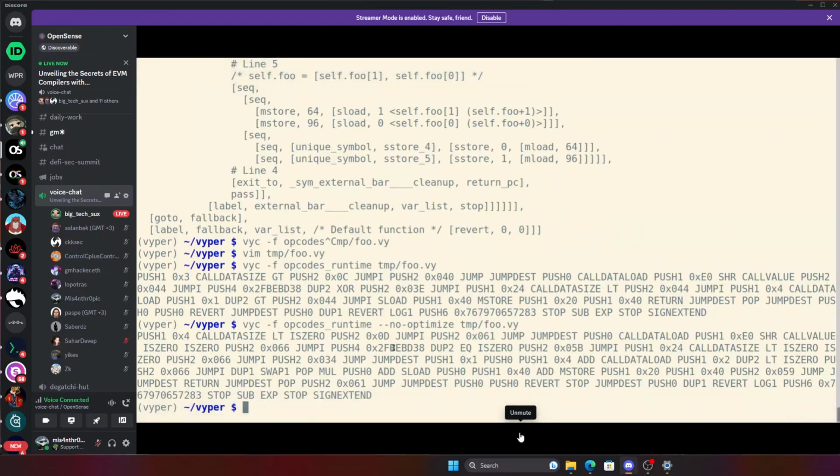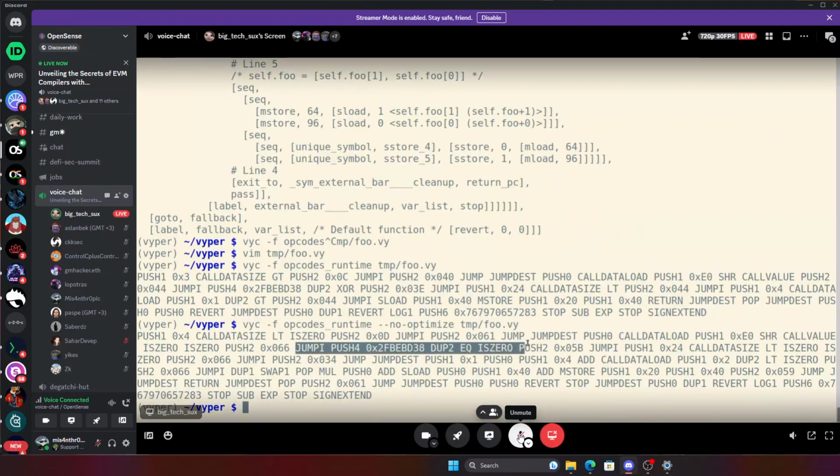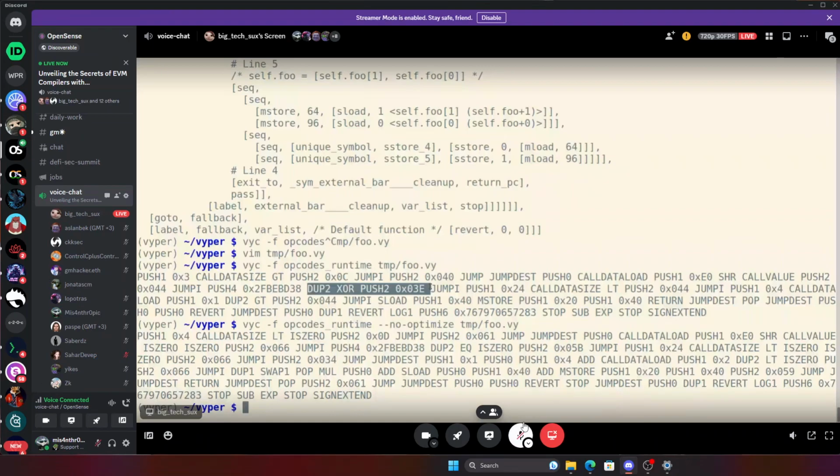we have this weird branching thing, right? To eq is zero, and actually, since we were able to move some things around, this isn't even the best example. Yeah, so we're able to move around items more easily. So if you look at these things, we're trying to check if the thing that we got from call data load is equal to this thing,